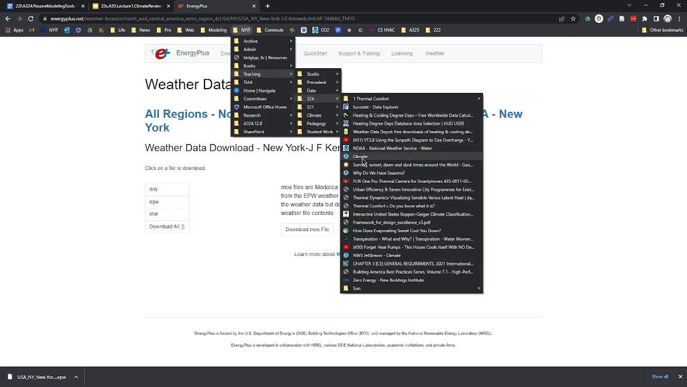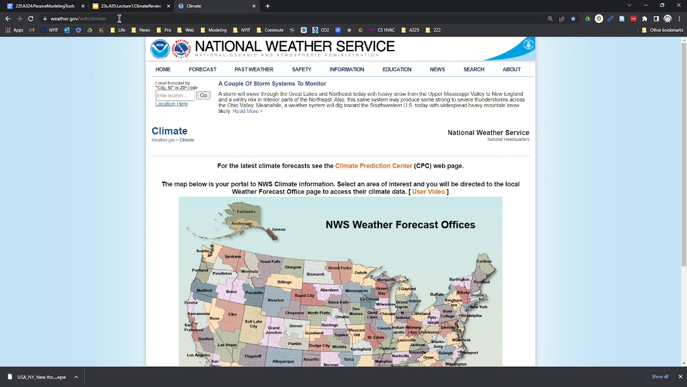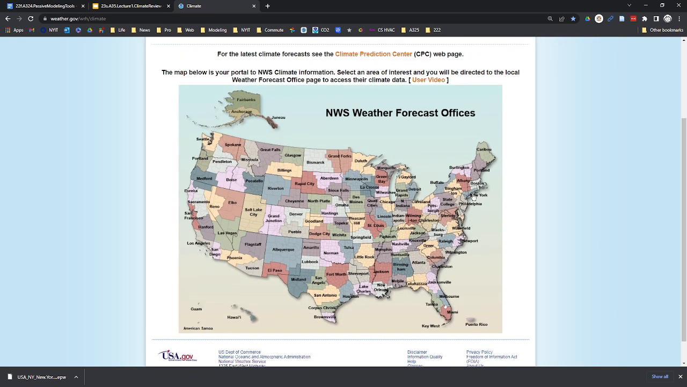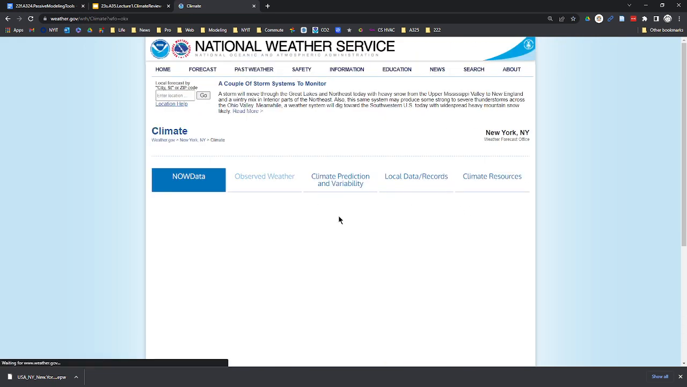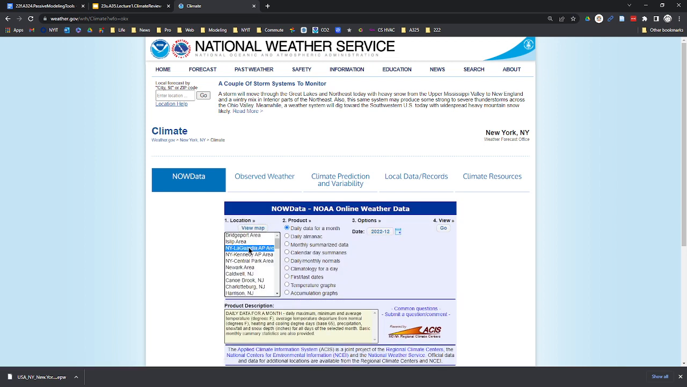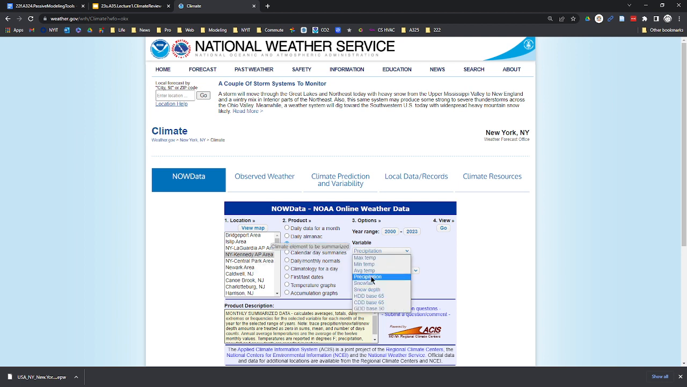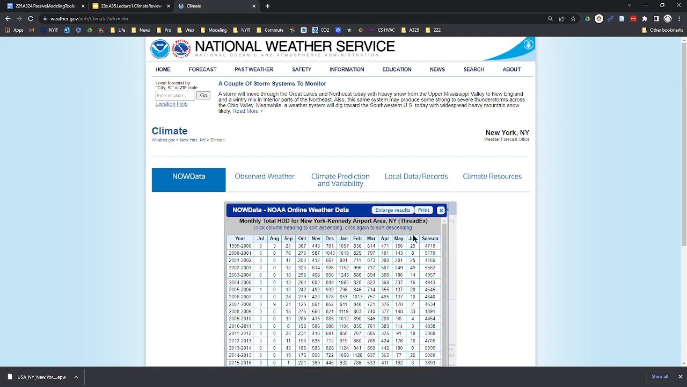Yeah, I think it's here. This weather.gov site is a great place to find, for example, if I go to somewhere around New York, I can do Kennedy monthly summarized data. I can look up rain, which is great, or precipitation, snowfall, but I can also get heating and cooling degree